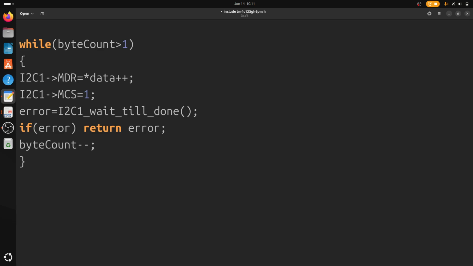And then for the last one, I2C1 MDR is the register where we store the data to be transmitted. So MDR data, and then I2C1 MCS equal to, here let's write 3. 3 is saying